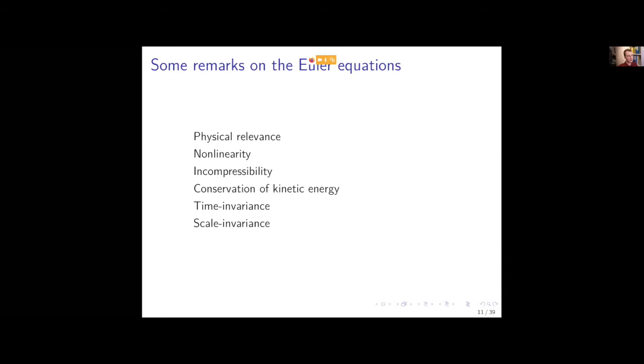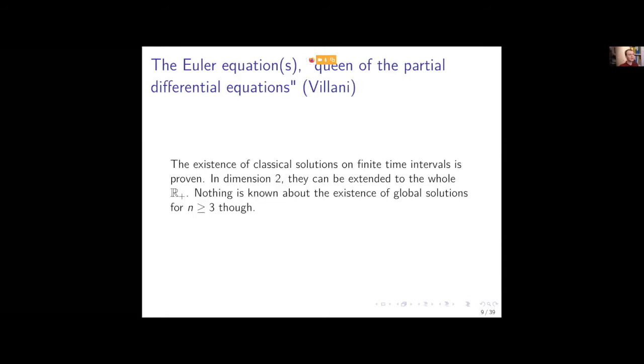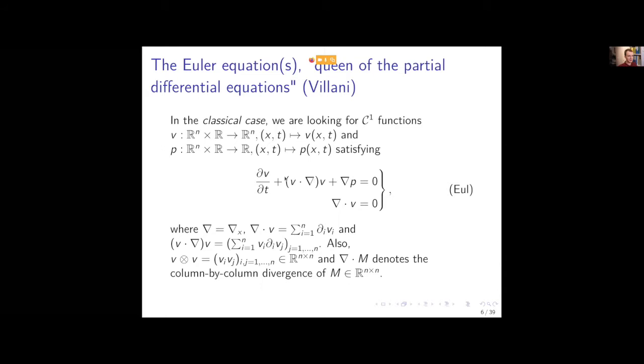Then they are nonlinear. So let's go back. We have these equations here, and as you can see, this term in the middle is not linear. That's the very interesting thing about these equations. Maybe just as a comment, I promised I would say why these equations look like they do. The sum of the first two terms here is just the derivative of the velocity along the trajectory of a particle. I won't do the computations, but essentially you take the derivative of the velocity along the trajectory of the particle, and you get this nonlinear term as a result. Interestingly, these physical equations are not linear, and that makes studying them a lot harder, right?